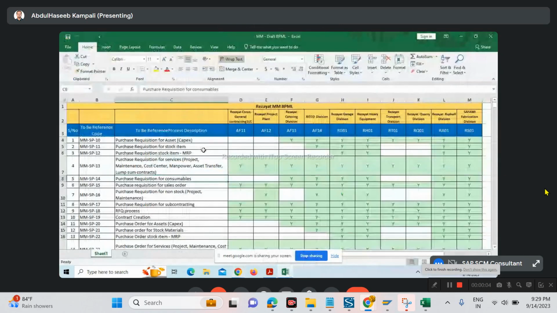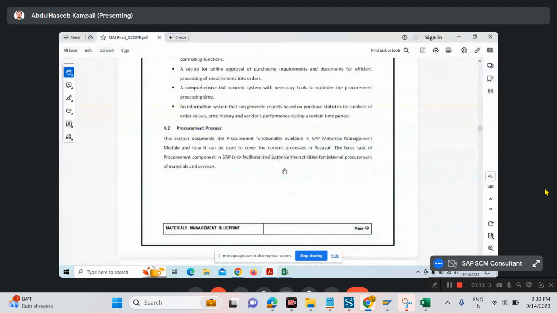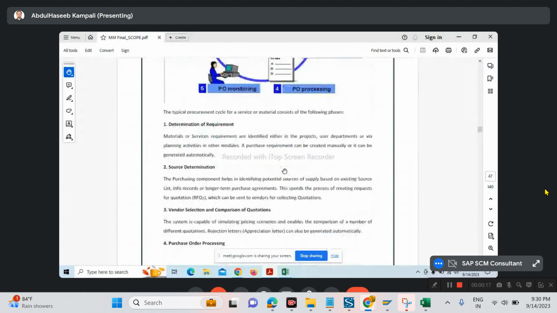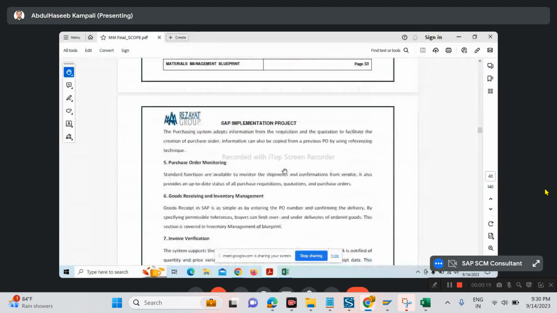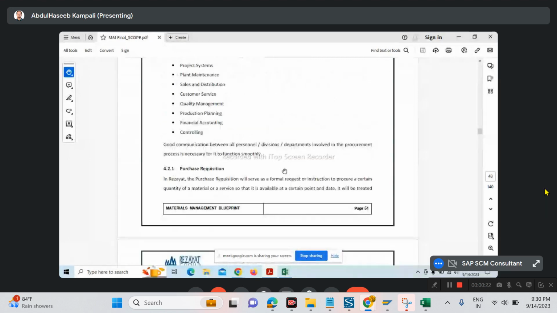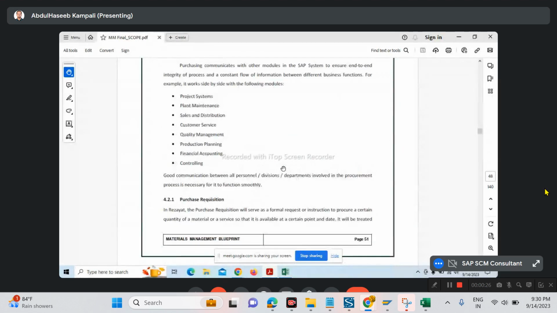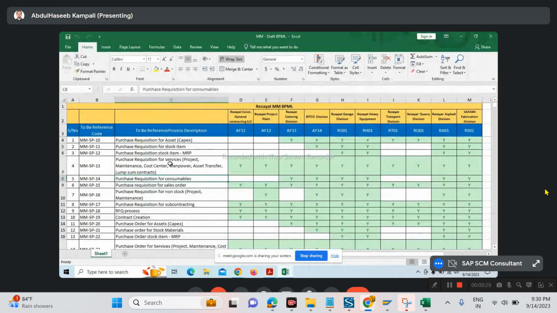This is the file. What we did, we used the template also, and we went through the process. We went through the scope document, and we went through what all processes they have. In addition to the processes mentioned here, we tried to check whether anything can be added, like we discussed previously. So we first listed down all the processes, and yesterday we worked on this company division